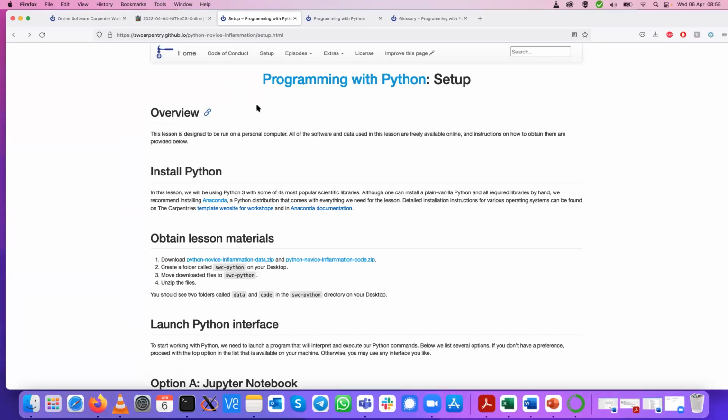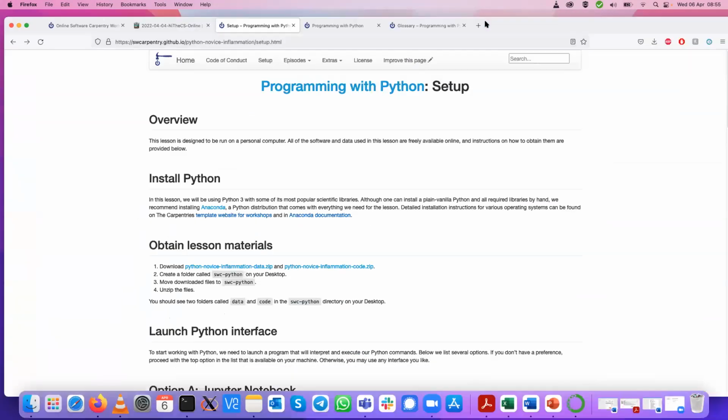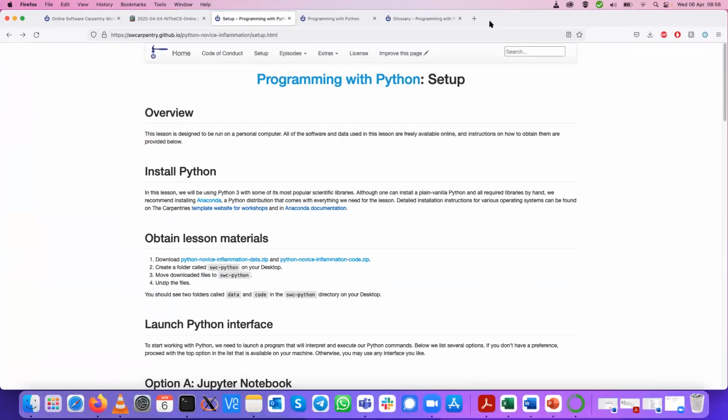Okay, so when you're done unzipping the data, put it on your desktop or in your documents, wherever you can find it. If you know your system quite well, you can put it in documents or wherever you are comfortable with. I just put it on the desktop because I like a clean desktop, as you can see. So it's quite easy for me to get to it when it's on the desktop. Okay, so getting to our lesson,